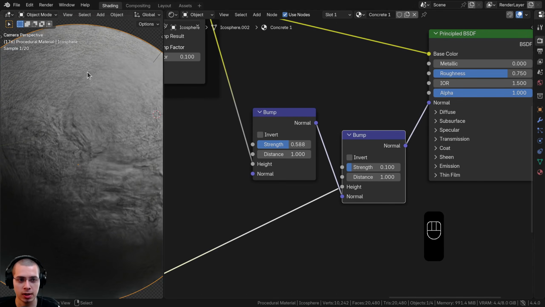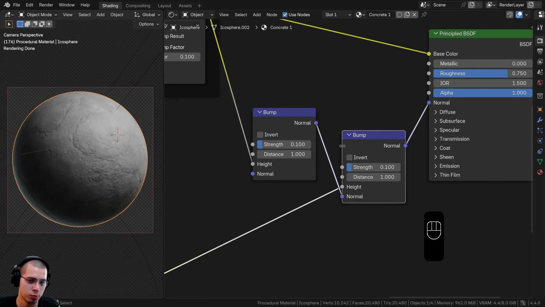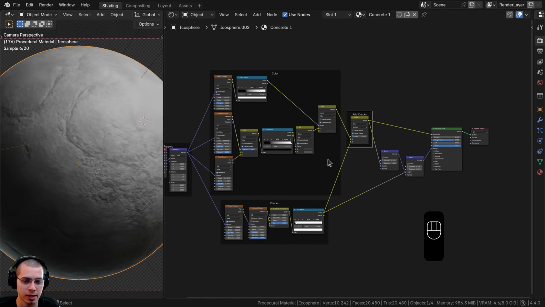So now I can change the strength and you can see it's making the concrete look really bumpy. But I'm going to keep it at a very small number of just 0.1. So it's pretty smooth on the surface. So now what I want to do is just add 2 more layers of bump to make it look really